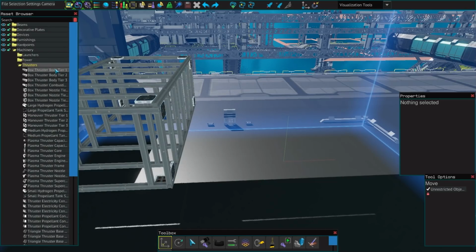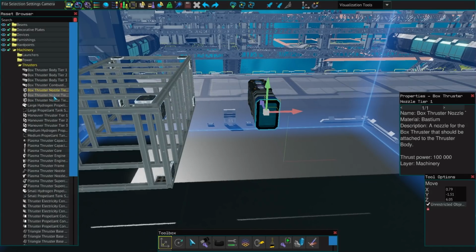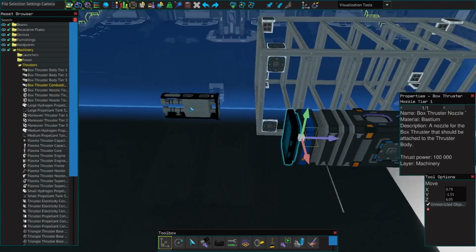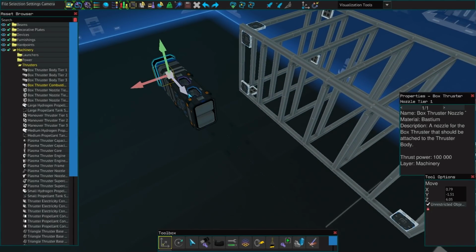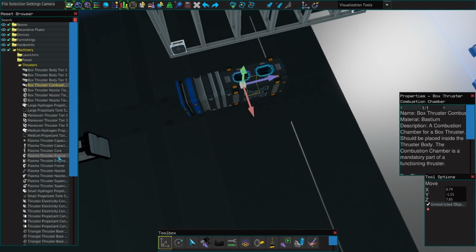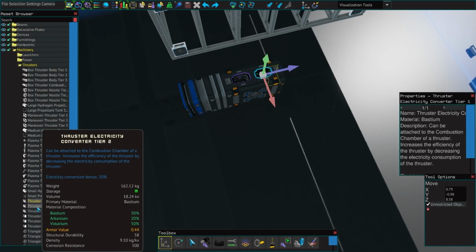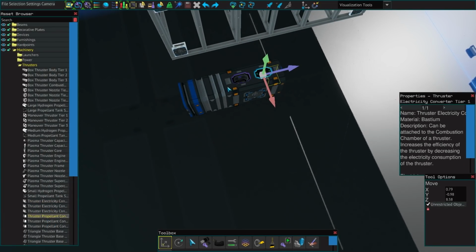So we'll bring out a tier 1 body. You're going to need a tier 1 nozzle, which will snap right into place just like that. And then you're going to need the combustion chamber that goes inside of it. So the box thruster combustion chamber, and that goes in on the reverse side. Kind of bring it in here, snap it into place, right? And then you're also going to need your converters. So you're going to need the tier 1 electricity converter, which is the blue and it's color coded. You put the blue one in there, and then you'll need the thruster propellant converter tier 1, and it'll go